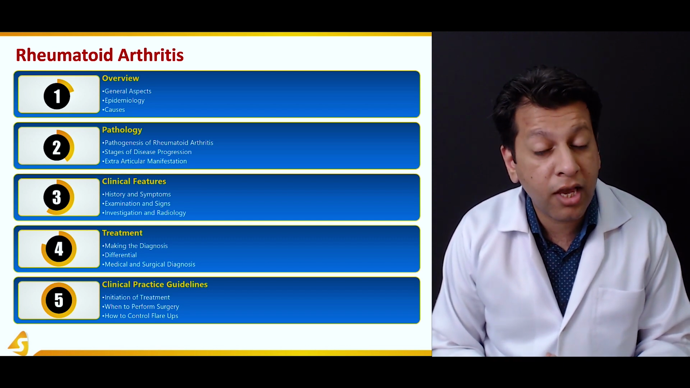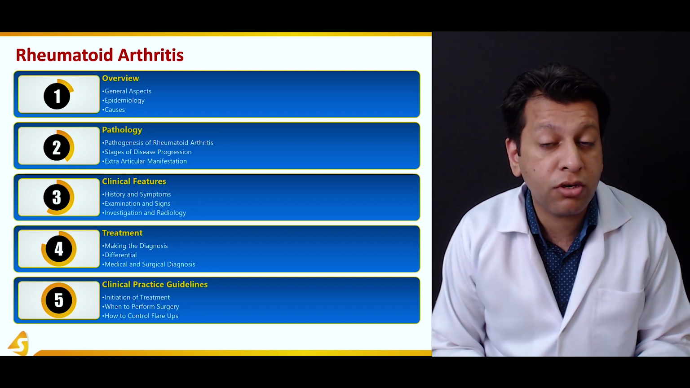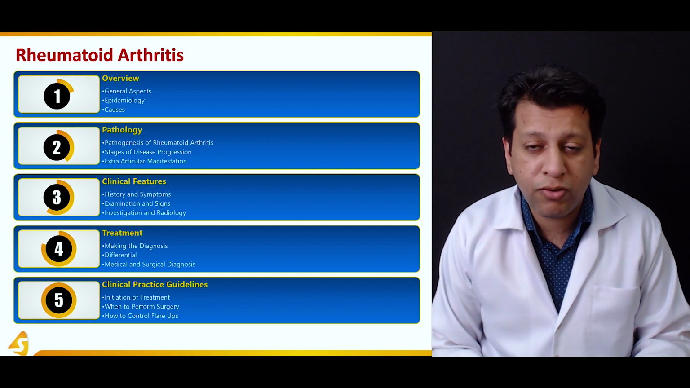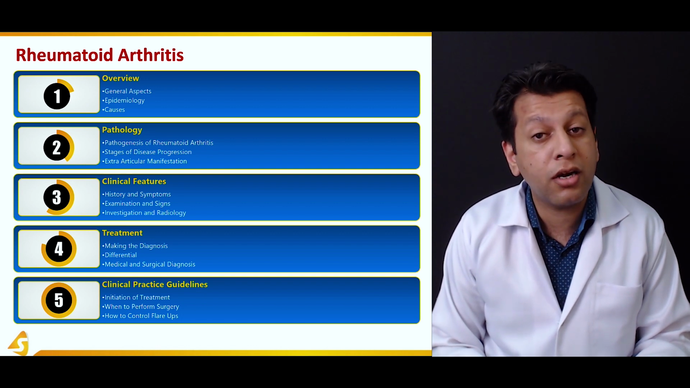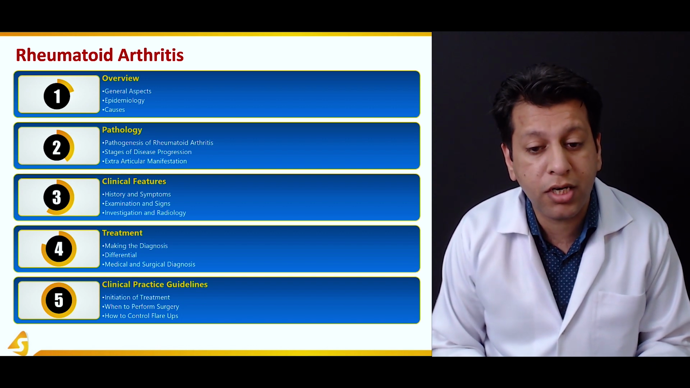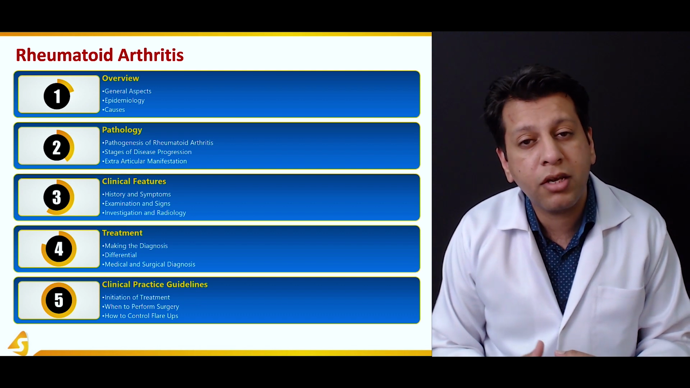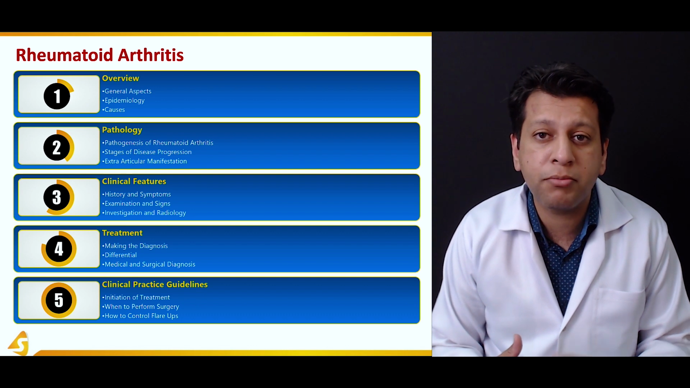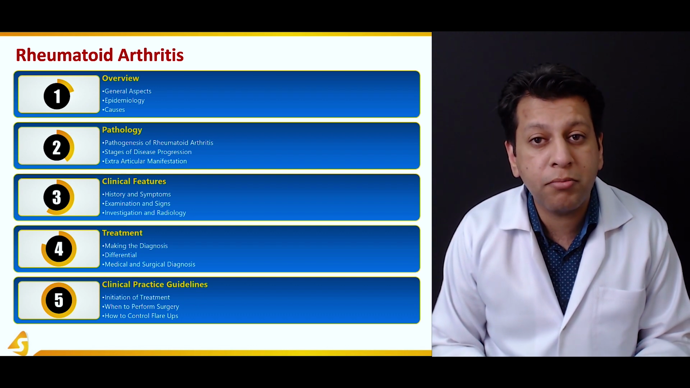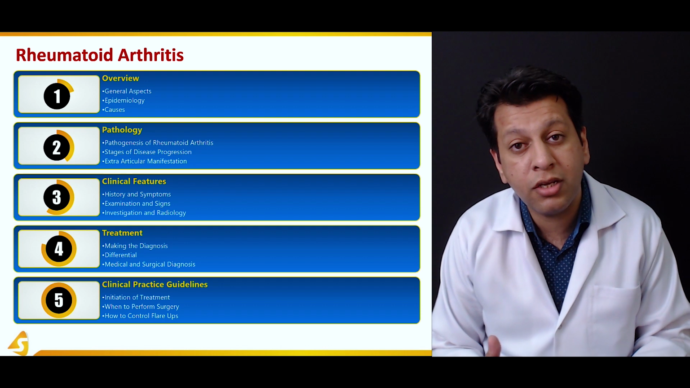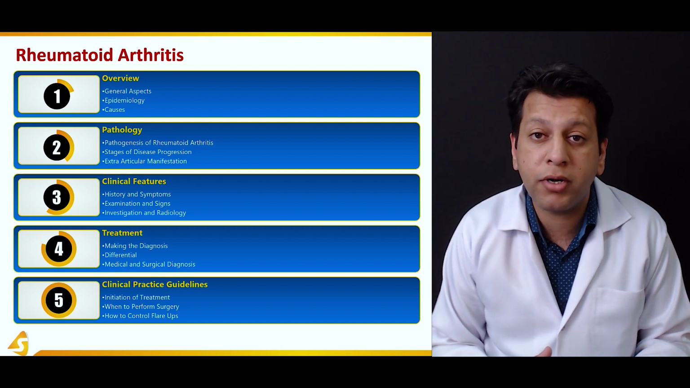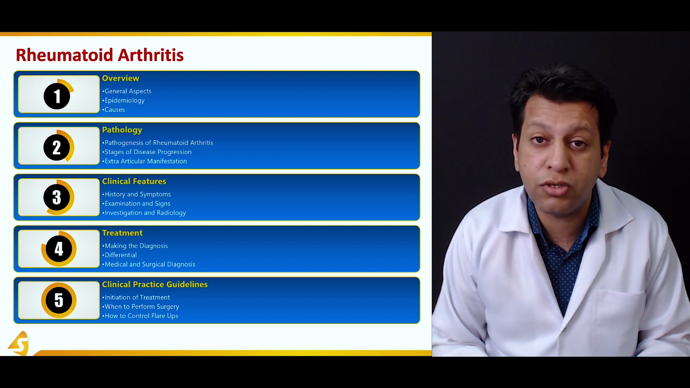And then, as we know that rheumatoid arthritis not only affects the joints but also affects other organs as well, we will be briefly discussing the extra-articular manifestations of rheumatoid arthritis. Then we will be coming to the clinical features. When a patient, usually female, comes to your clinic, what are the symptoms, what is her history, and what are the signs which we need to elicit to make a proper diagnosis, and what differentials you need to consider when